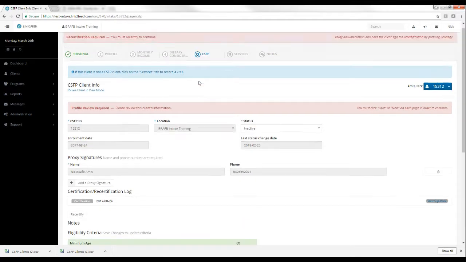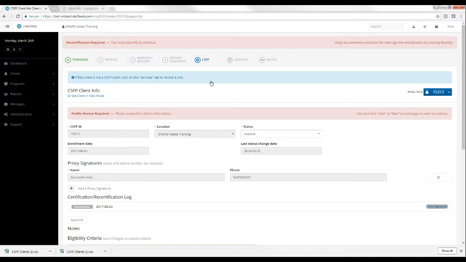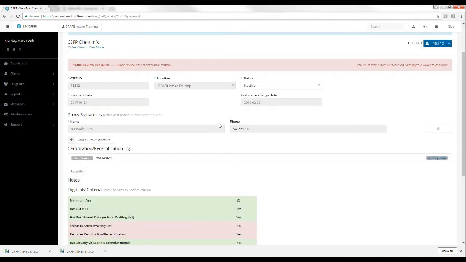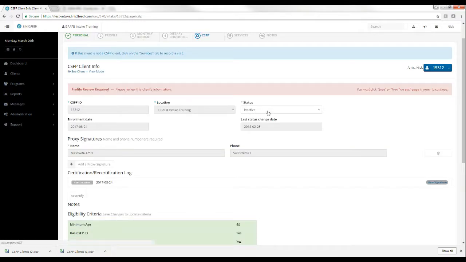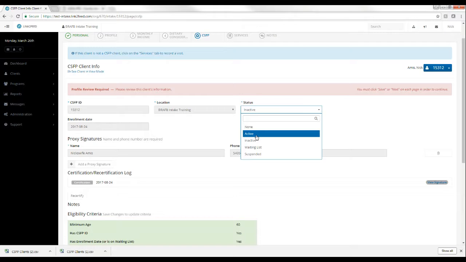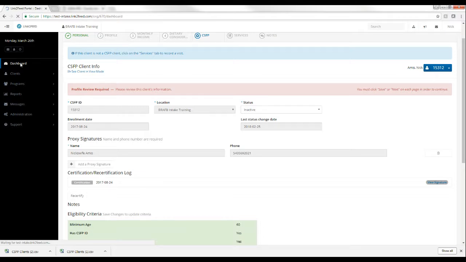And it's going to take me straight to this client's profile, and I'm inactive, and I need to recertify a profile, reviews required. So you see I'm on my CSFP tab, and I can change the status from inactive to active. I can have the client sign again, all those things that you normally do if you were to just go to dashboard,